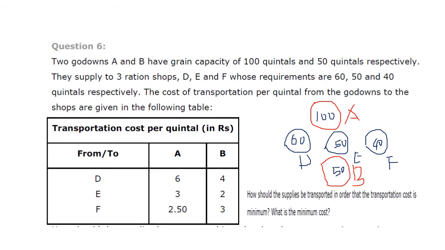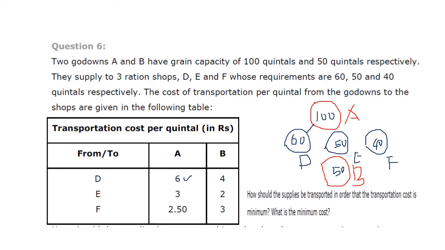So out of this 100 and this 50, this ration shop D should get 60 quintals, and E needs 50 and F needs 40. So it has to be transported at this rate. Each quintal from D to A or A to D costs 6 rupees. That is given